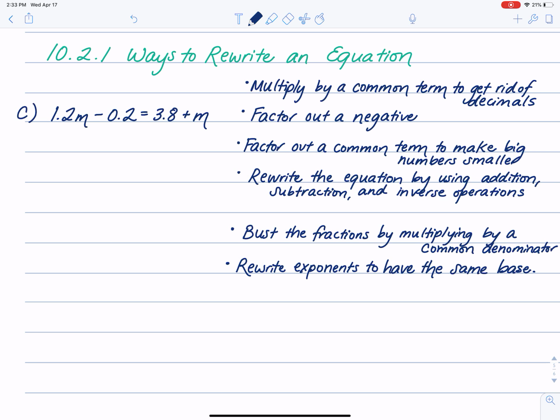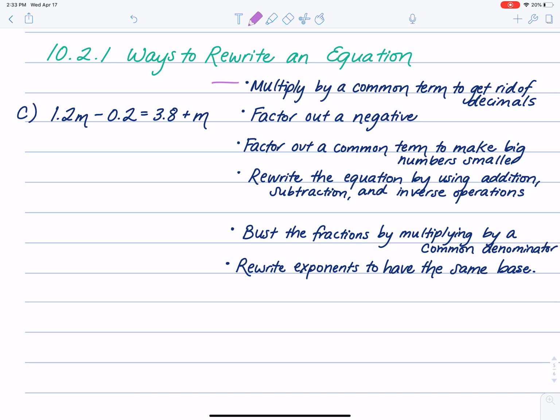Now the first thing you'll probably notice is that there are no powers or exponents in this problem. So that makes it a little bit nice in the sense that we probably are going to need to isolate the m's onto one side and the constants onto the other side. But let's see. So we're going to start by